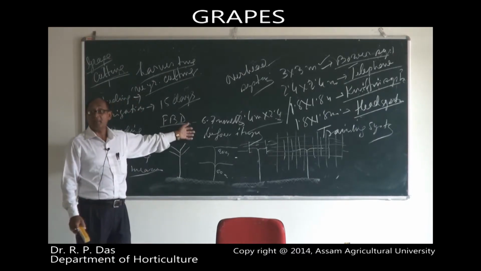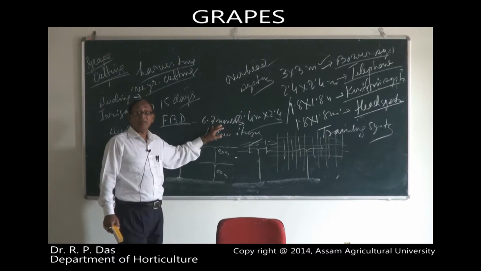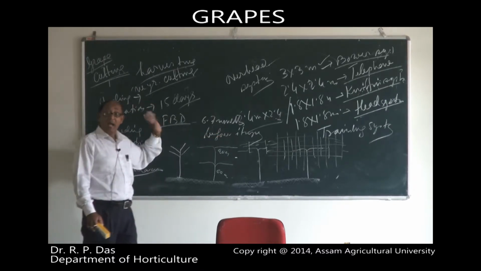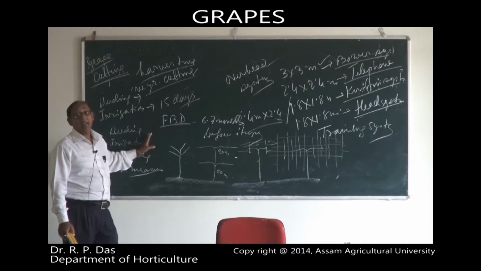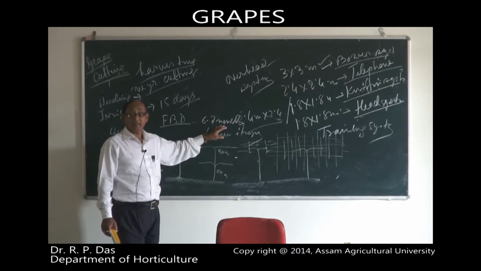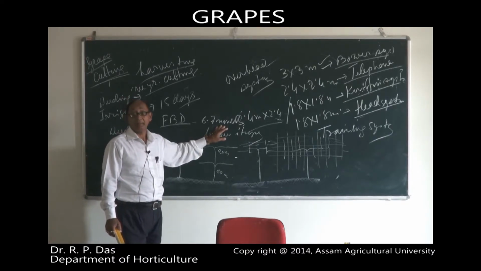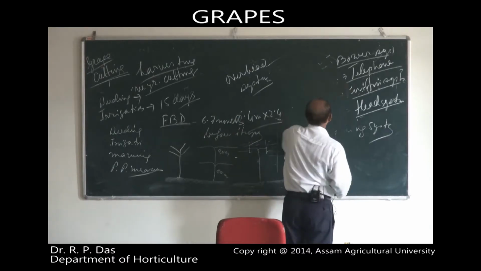Flowering is in the month of February, so by August, September there is a flower bud differentiation. That's why after harvesting you have to take proper care of the plant, then there will be more flower bud differentiation, means there will be more flowers. And again, care should be taken